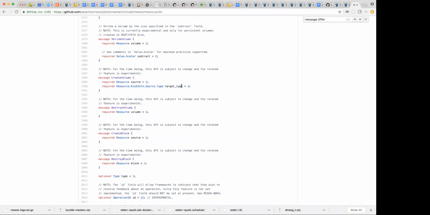So the thing I specifically want to discuss is this. For now, create volume actually converts a raw disk resource to either a mount or path disk resource. Which one we want to convert the raw disk resource to is specified here. This can only be either mount or path, and basically the resource provider will fill in the type based on this field. But